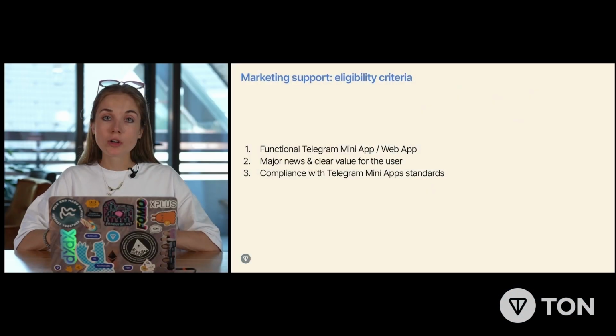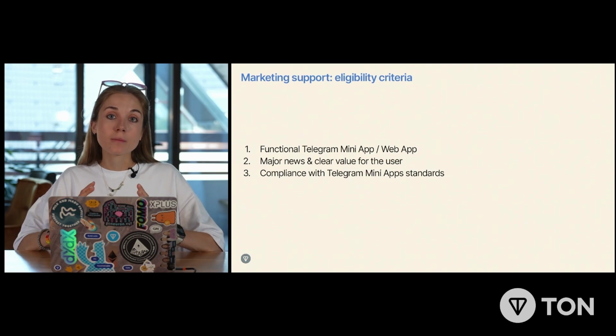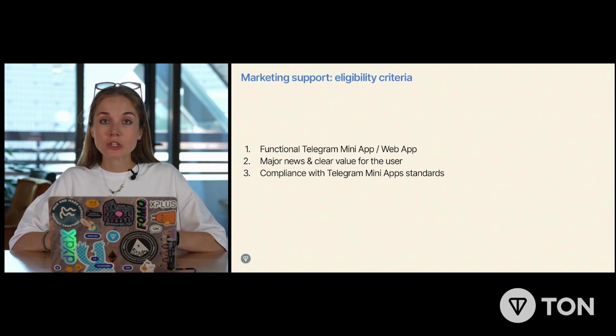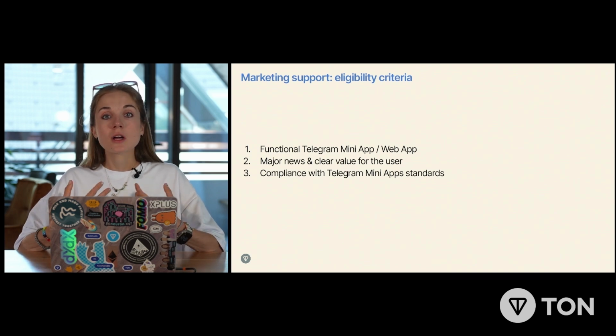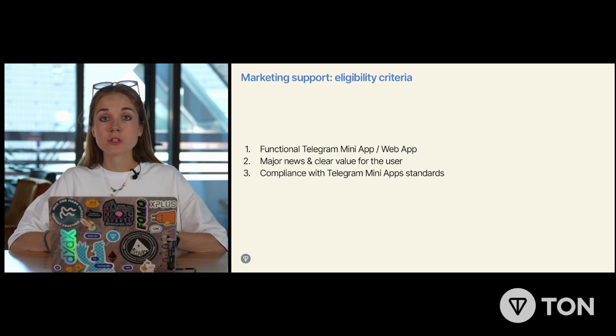Let us start with marketing assistance, which is definitely one of the things that you must be expecting most from the ecosystem. So in Ton, everything is very simple. You need to have a functional product, at least a first prototype or an MVP, to unlock different opportunities that Ton marketing team can actually grant you, right? So as long as we see that your product functions well, it has at least some product traction, users love it, users share the positive feedback, we're definitely happy to spread the word about something that you're building in the